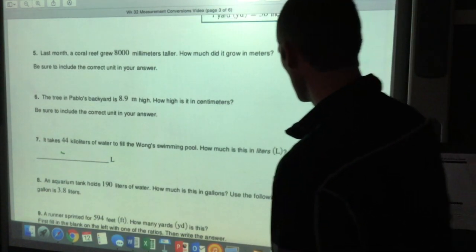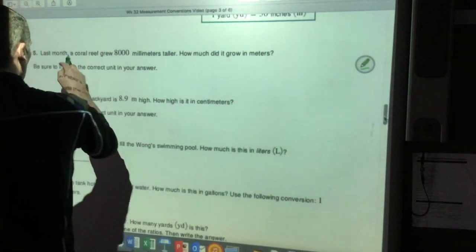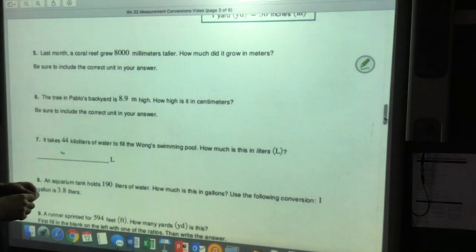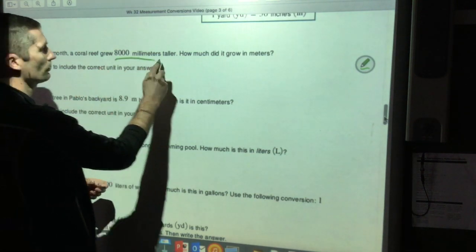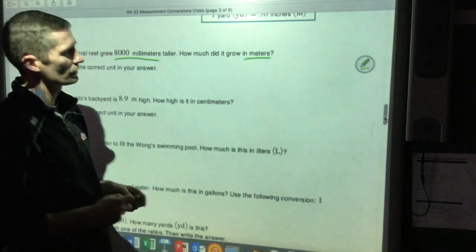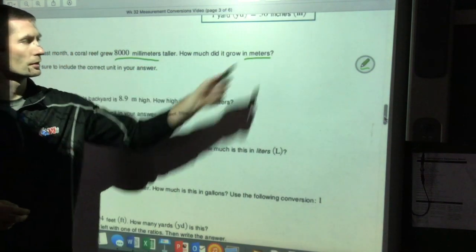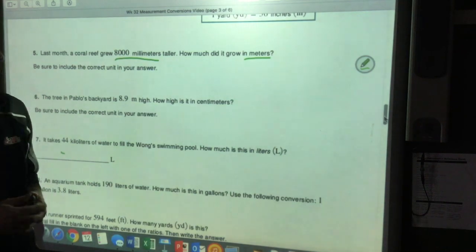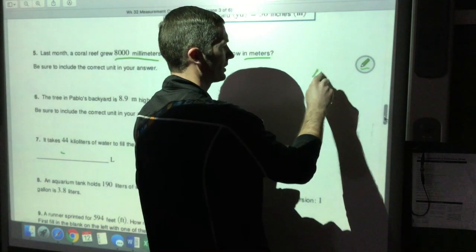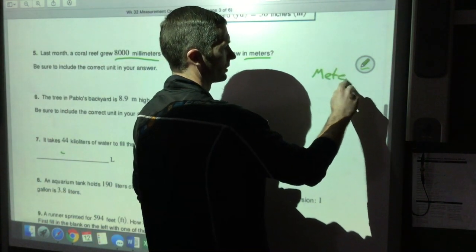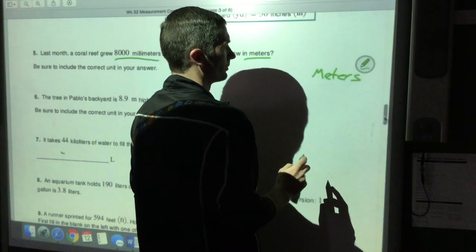Okay, now we're going to change metric. Last month, a coral reef grew 8,000 millimeters taller. How much did it grow in meters? So I'm changing millimeters to meters. I need to know how many millimeters are in meters. Okay. So my basic unit in the metric system is meters. And then